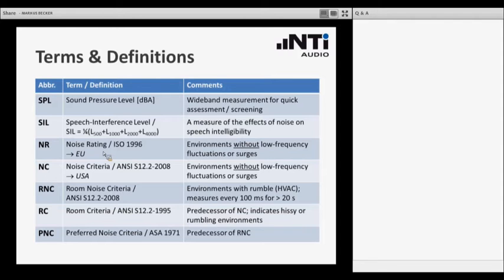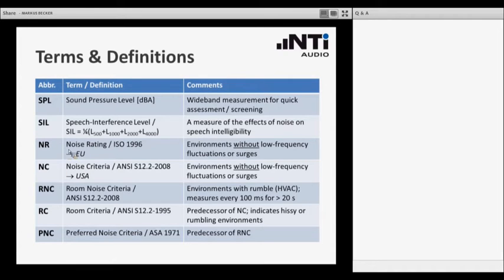It is built by averaging the sound level of 4 octave bands, the upper 4 octave bands you can see here. This SIL gives us a measure of the effect of noise on speech intelligibility. It is part of the standards that you see below, and it is sometimes required, so you may have to measure this result as well.